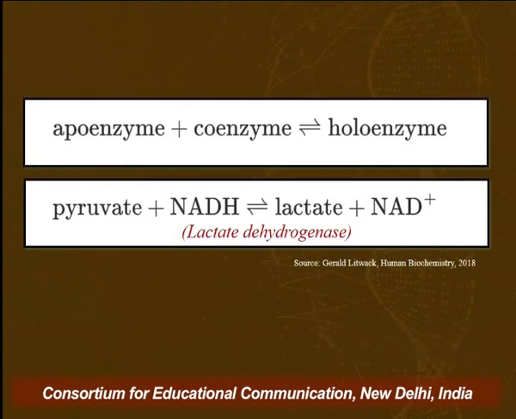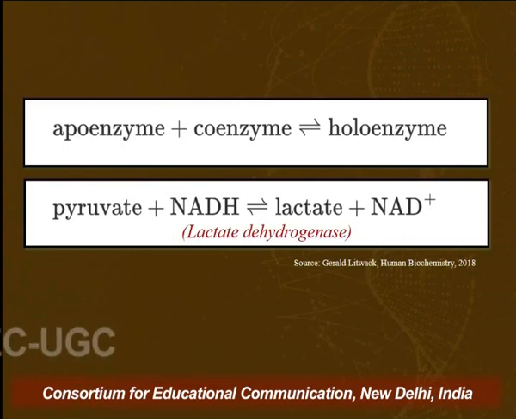Now over here I have shown an example of the enzyme lactate dehydrogenase. This lactate dehydrogenase goes for a dehydrogenation reaction. The enzyme requires a coenzyme, which is NADH. In the presence of NADH it becomes active, then only the pyruvate will come and bind to it and form the enzyme substrate complex, and subsequently the product will be formed, which is called lactate